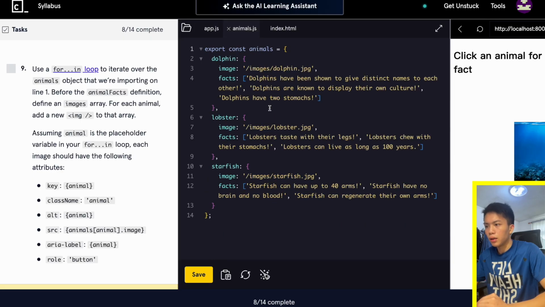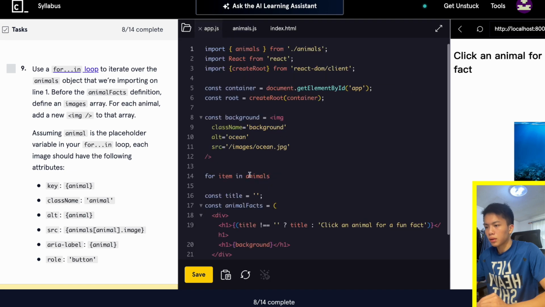So it's like an array. Oh no, it is an object. Okay, for items,